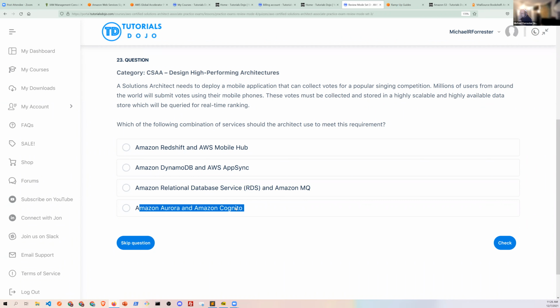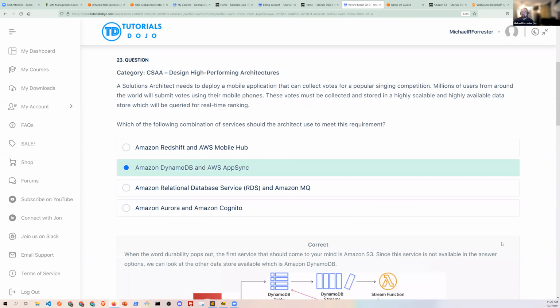And just to say this, Cognito, I think, has a service that has mobile push in it. That could work, actually. But is that the best one for a highly scalable, highly available data store for real-time ranking? Still basically an SQL database. So I'd argue no, not for that one. So I'm gonna have to agree with B, right? Because DynamoDB would probably be your best option.